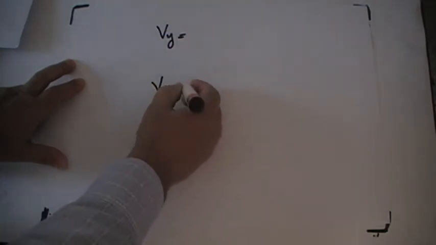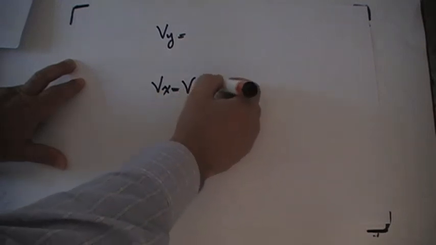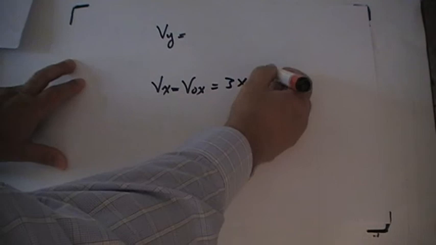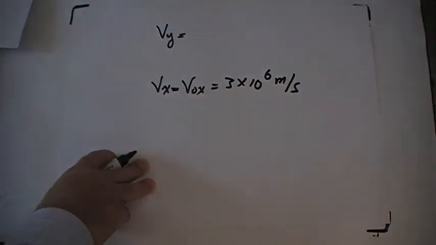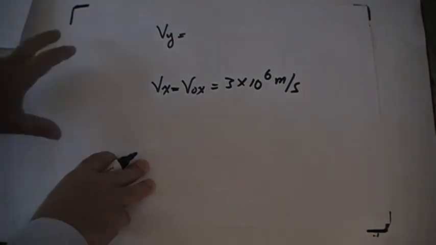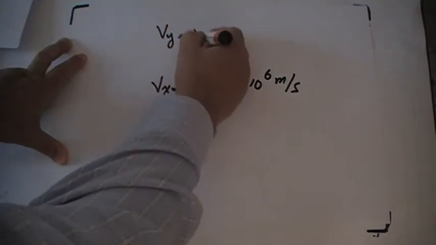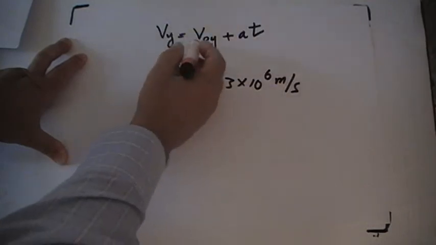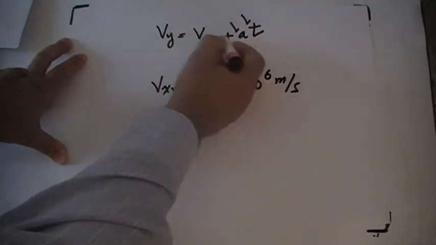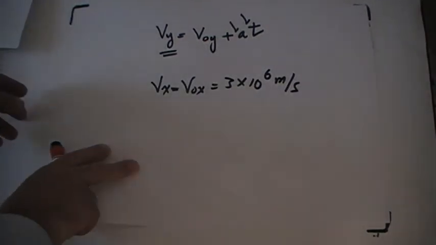Vx will not change. It's equal to v0x, which is the value that is given for us. It's equal to 3 times 10 to the power of 6 meters per second. Why is this true? Because there is no acceleration along the x-axis. There is only acceleration along the y-axis. For vy, I can find it from v0y plus a t. I know a and I know t, so I can find vy. Both a and t are from the first part. Okay, so that's the solution to